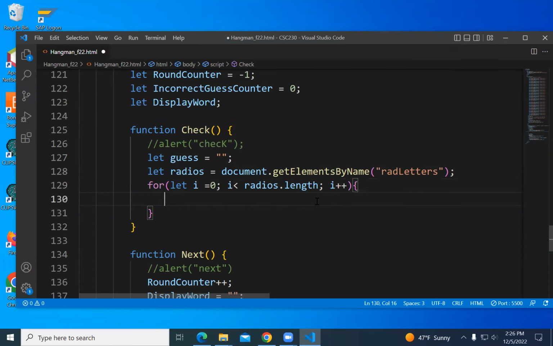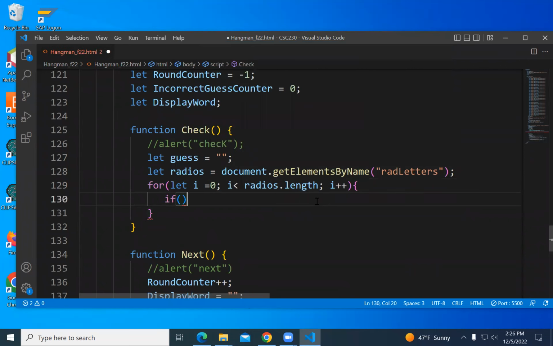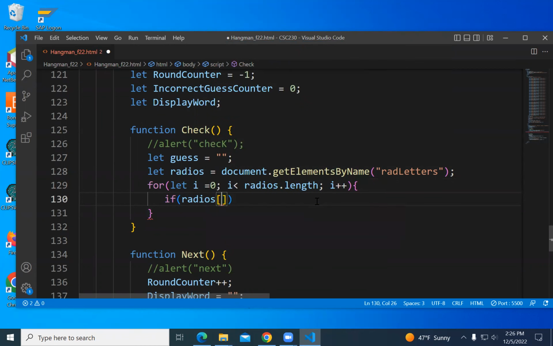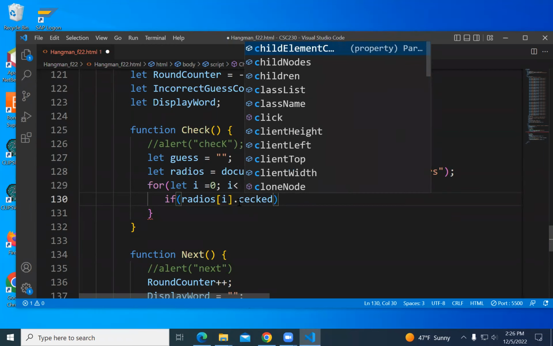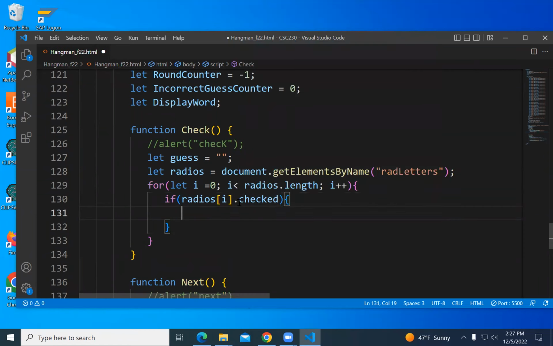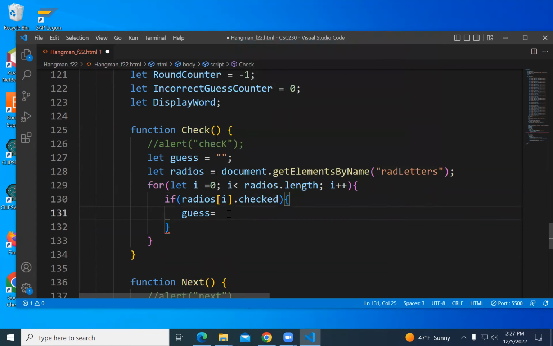And then we're going to ask if radios[i], the ith element of the radios array, is checked. If radios[i].checked, then I want my guess to be the value of radios[i].